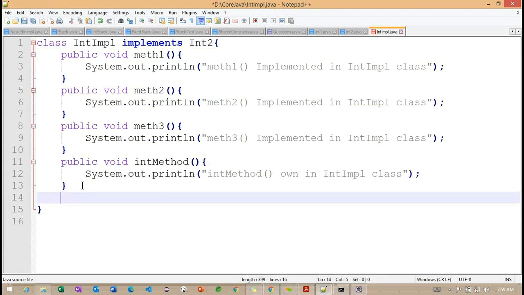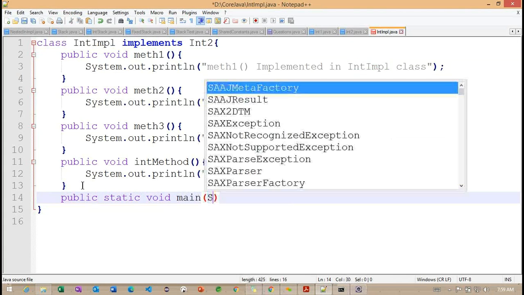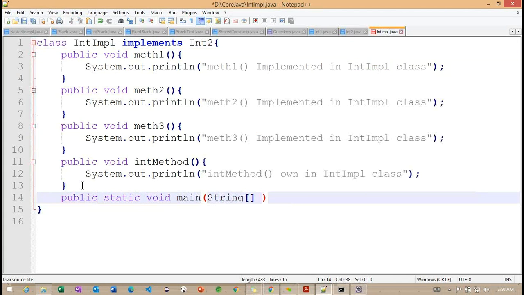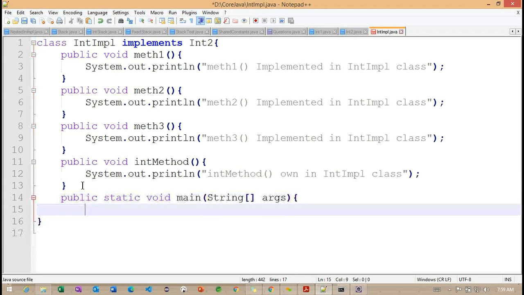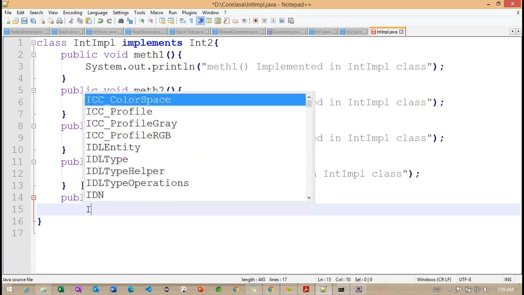Once I close it, here I'm going to work with the main class. Instead of creating one more class, here only I'm trying to work with the main class. And what is the object I want to create?